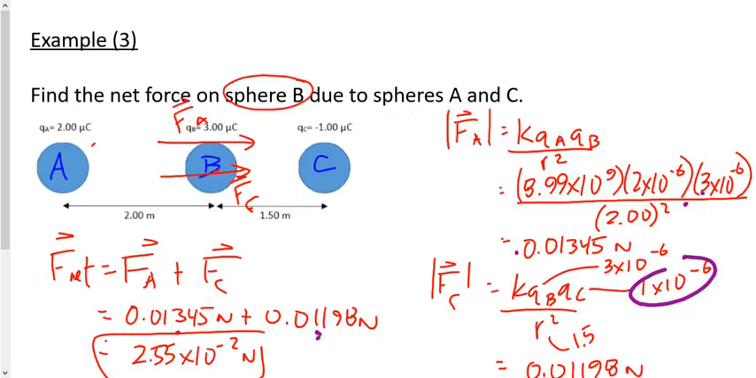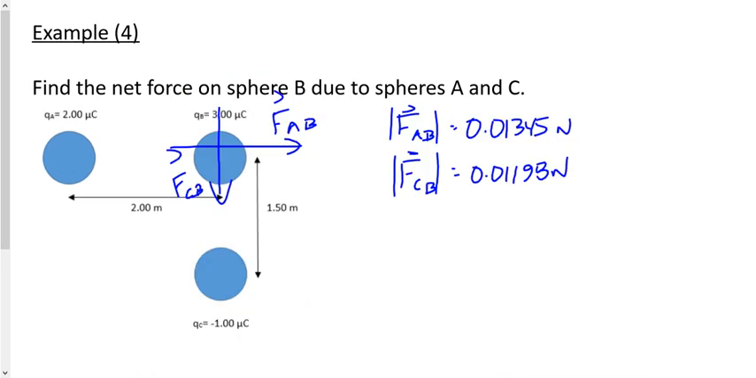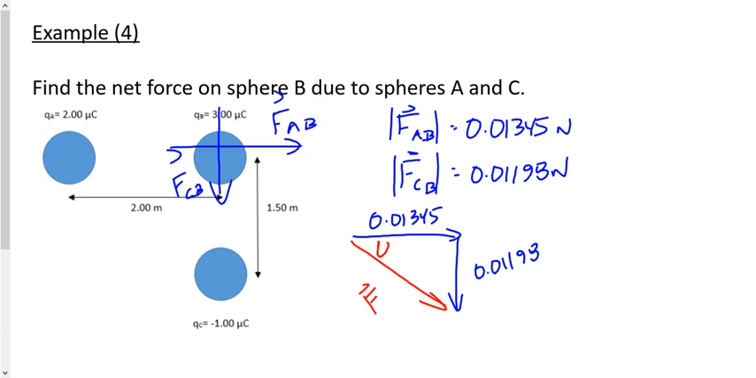Remember this example? We had those two forces. We added together like this. Okay, how do we add these forces together now? A triangle, right? A vector diagram. FAB we'll say is 0.01345, and we'll say FCB is 0.01198, and the resultant vector, which is the net force, that's what we're trying to find, is just the Pythagorean theorem there,